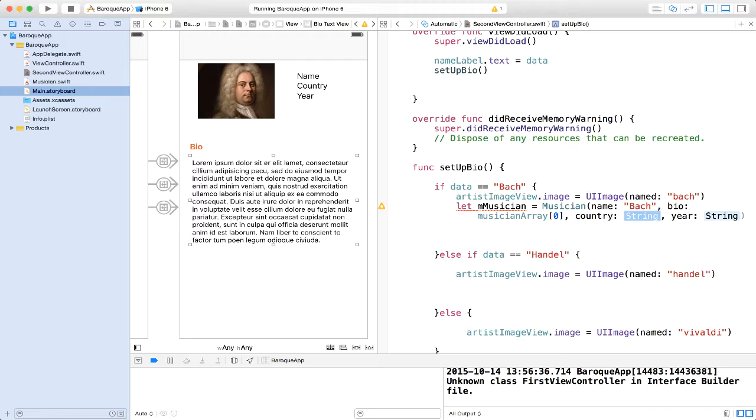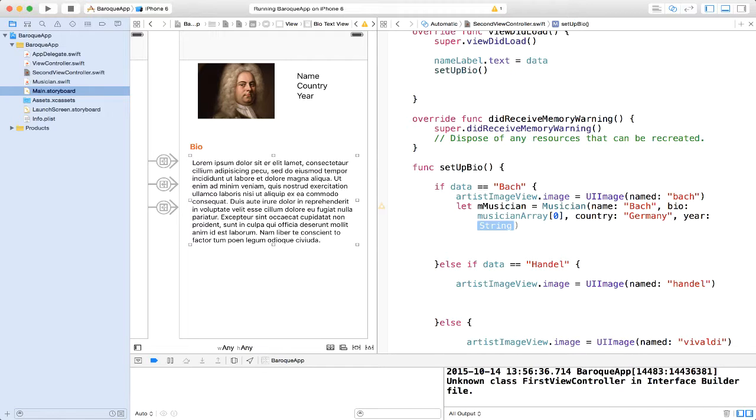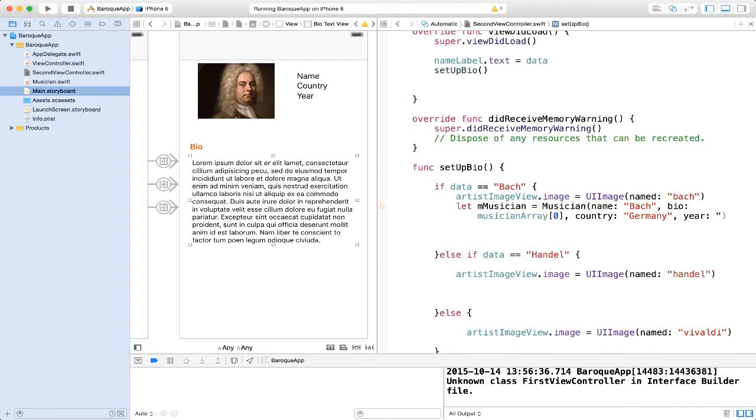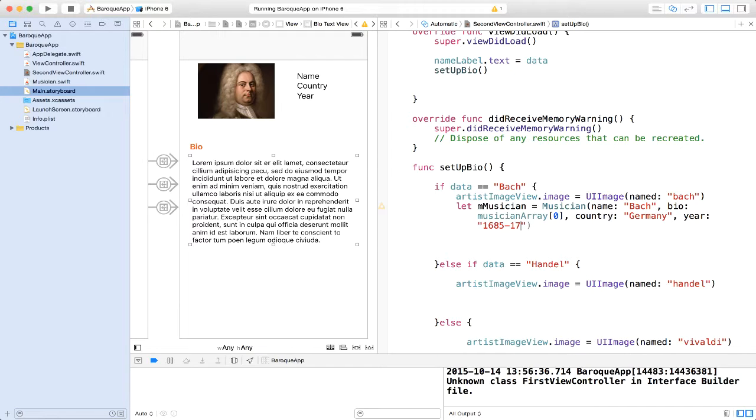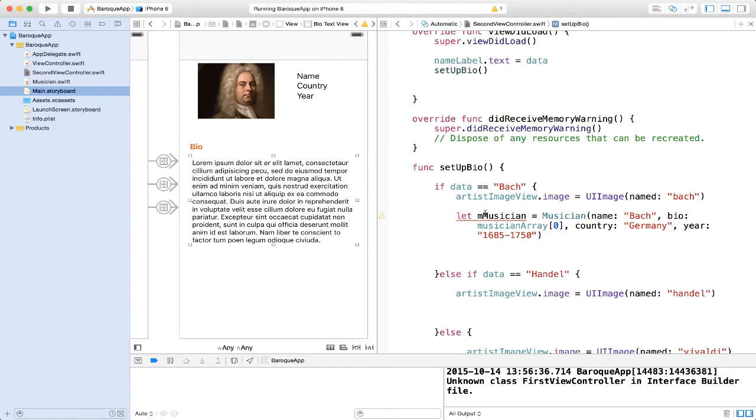And then we have the country. The country, we're just going to put Germany. And the year, in this case, we want a string because we are just going to type in the year here: 1685 through 1750.